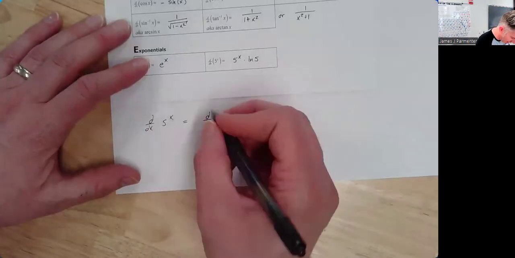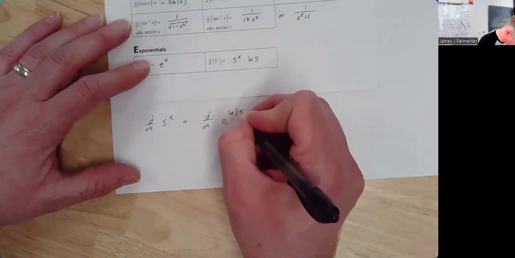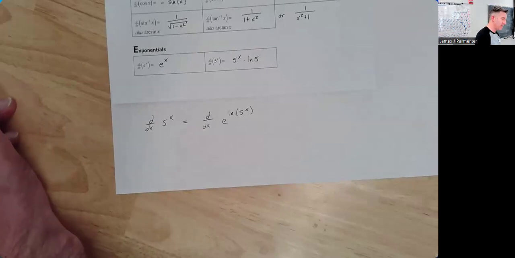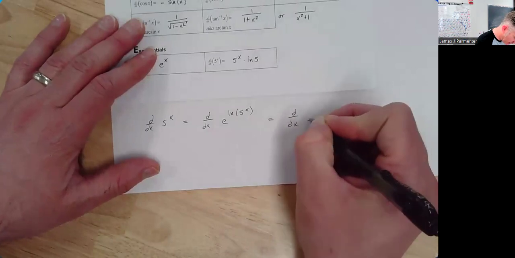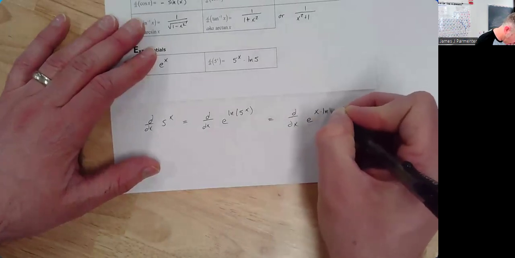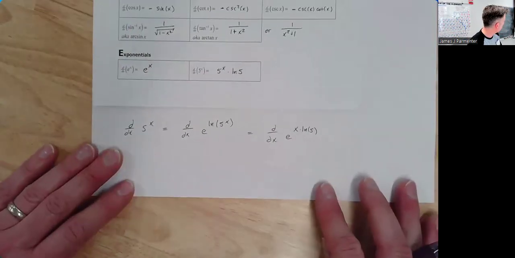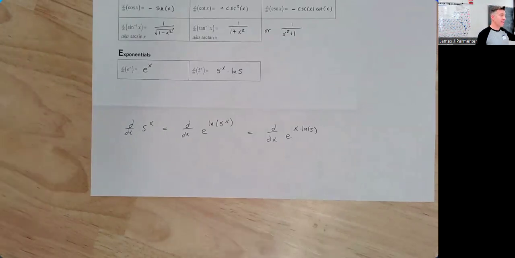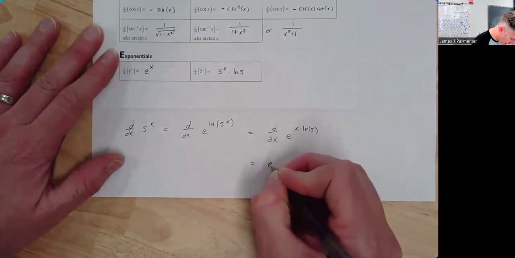I'm going to write 5 to the x as e to the natural log of 5 to the x. And then the x gets to come down in front of the natural log of 5. So I can rewrite this as the derivative of e to the x times natural log of 5. Or as I am thinking of it in my head, the derivative of e to the stuff. And I know that the derivative of e to the x is e to the x. And so the chain rule version is going to be the derivative of e to the stuff is going to equal e to the stuff